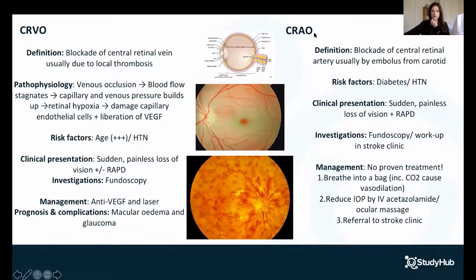Risk factors for CRAO are diabetes and hypertension. So basically all the cardiovascular risk factors that can cause a stroke. And the clinical presentation, again, is a sudden painless loss of vision, and you're more likely to get a RAPD. One way of looking extra slick in your OSCEs is, after you've done the direct and consensual eye test to check for a RAPD, to ask if one eye appears brighter than the other when looking at the